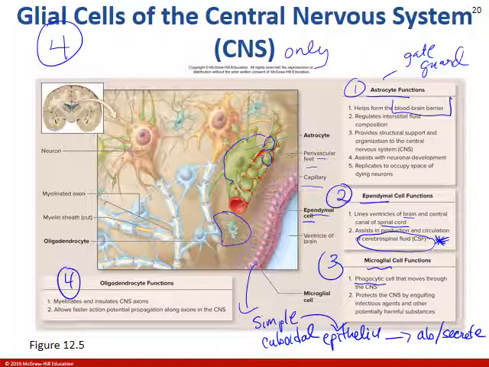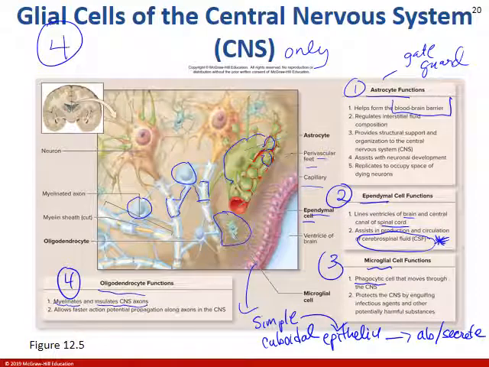And then lastly, we have oligodendrocytes. Oligodendrocytes are these kind of cyclops-looking cells, and they reach out and they wrap the axons of neurons with myelin. So it says myelinates and insulates central nervous system axons. So we'll talk a little bit more about myelin, but think about, in cold weather when you wrap pipes, right? You're insulating. In this case, we're trying to create a faster signal. We're trying to allow for a quick signal so that nothing is escaping. So if you wrap myelin or you insulate the axon, you'll have a faster signal